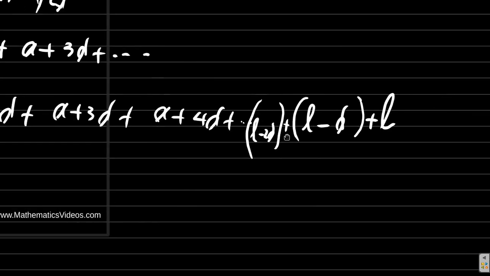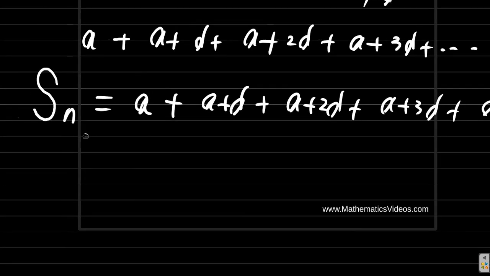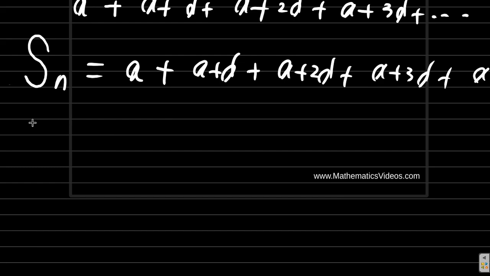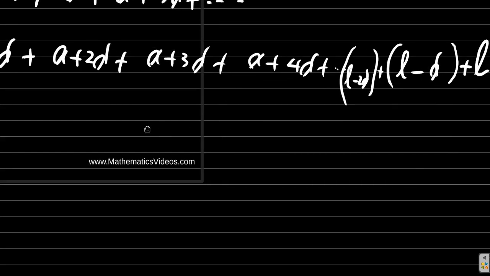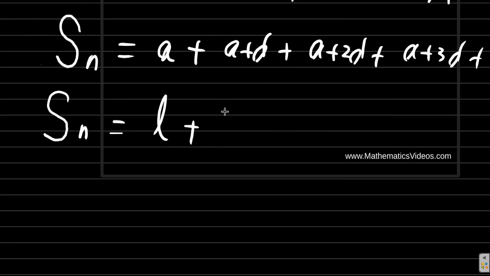Suppose we put the last term first and repeat this. We switch it around just like we did earlier with the 5. We're going to do it with the n. Sn equals the last term, plus the second to last term, which is L minus D. So it's L minus D plus, I'm lining them up, right? Lining up these things, plus